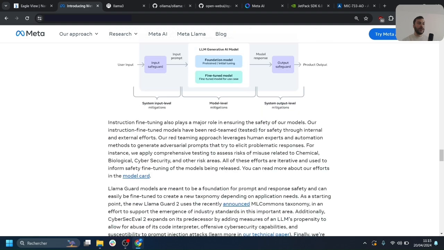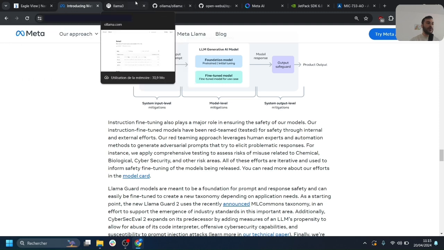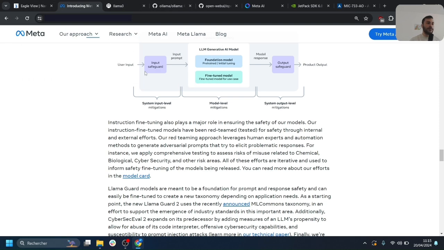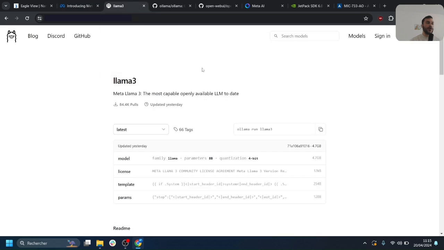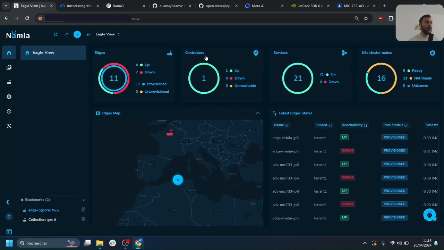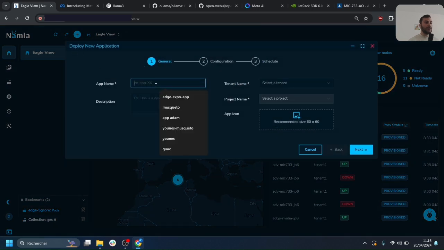As a follow-up to my Gen Edge AI series, what I wanted to start with is deploying Llama 3 on Ollama. Ollama is one of the best tools currently to run AI models, LLM models, locally. So let's get started. If I head to the Namla dashboard, click on new application, let's call it Llama 3,